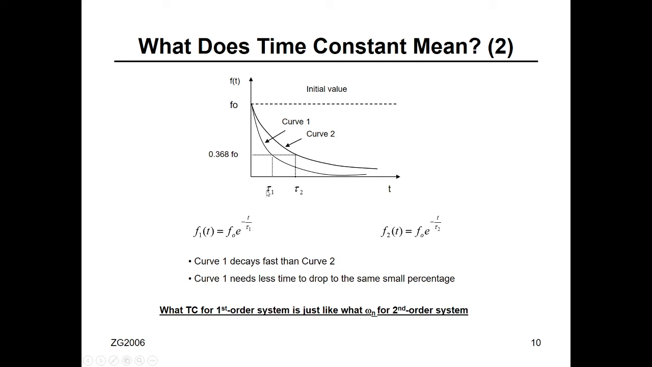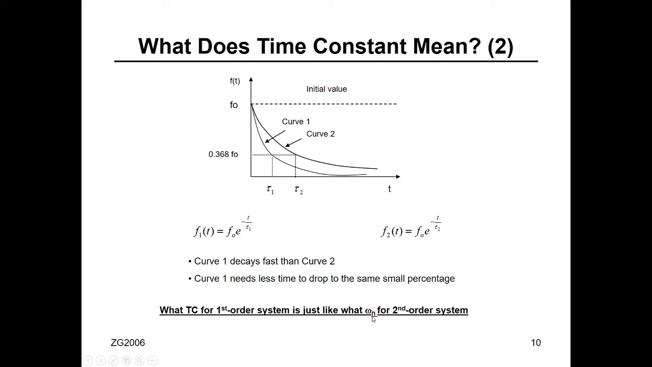So what? That means if tau 1 is less than tau 2, thermometer number 1 will reach your temperature faster than thermometer number 2. As simple as that. It will reach the final value faster. It will take less time to reach the final value. Which is usually more expensive. Okay? So tau, as I said,